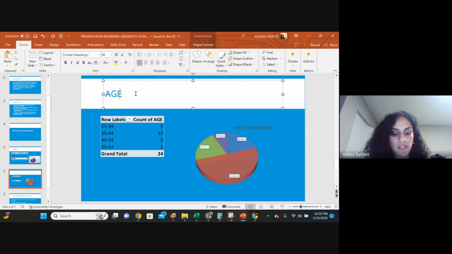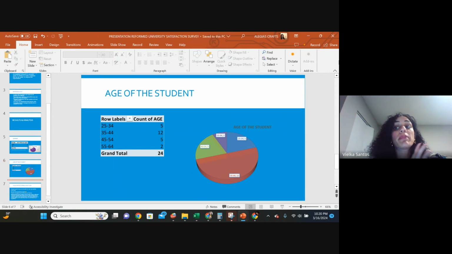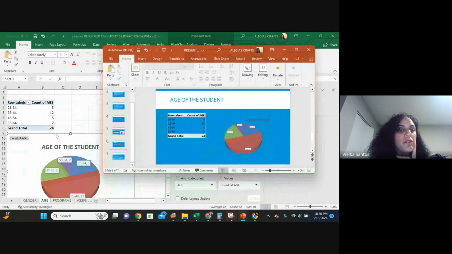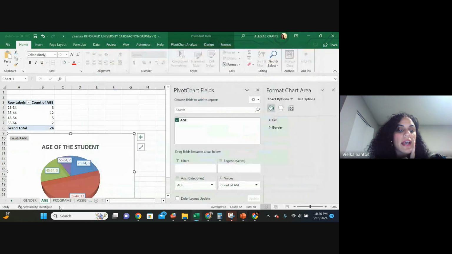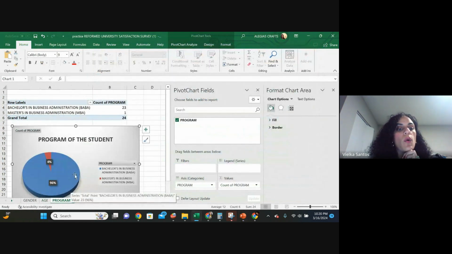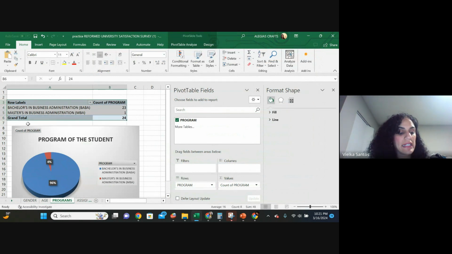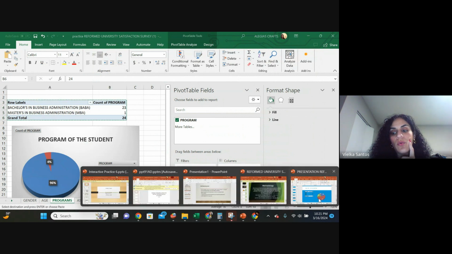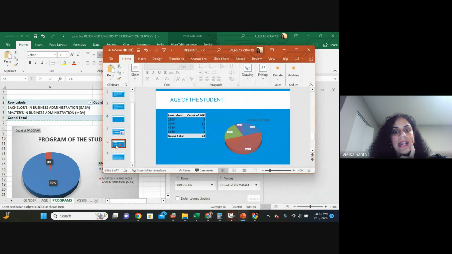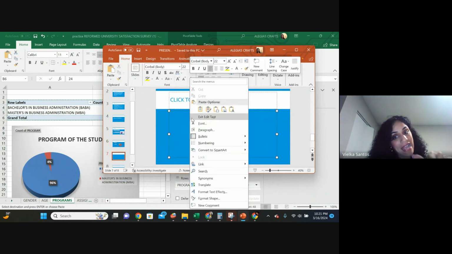Let's do age of the student. It won't take so much time because we make longer, but keep moving as you prefer. Let's go with the third variable. What is the variable? Everything that you're studying, everything that changed. I do Control C, and I do my PowerPoint, and I do new slide, and I do right click, and